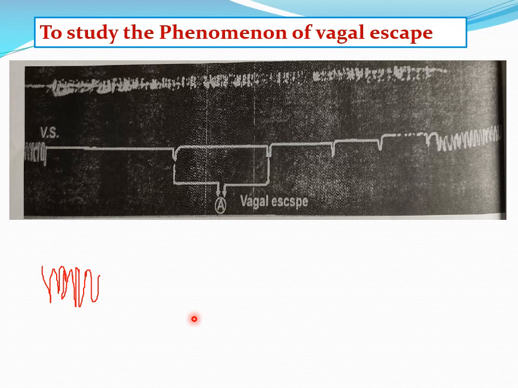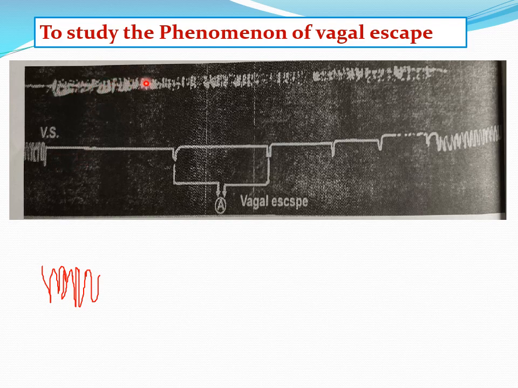From this demonstration we proved that the vagus nerve to the heart is inhibitory. We demonstrated it this way: when we stimulated the vagus, the heart stopped in diastole, and when we stopped the stimulation, the heart came out and started beating again. Here in this practical, we have to stimulate the vagus continuously and see what will happen. Keep the electrode on the vagus now and stimulate it continuously.